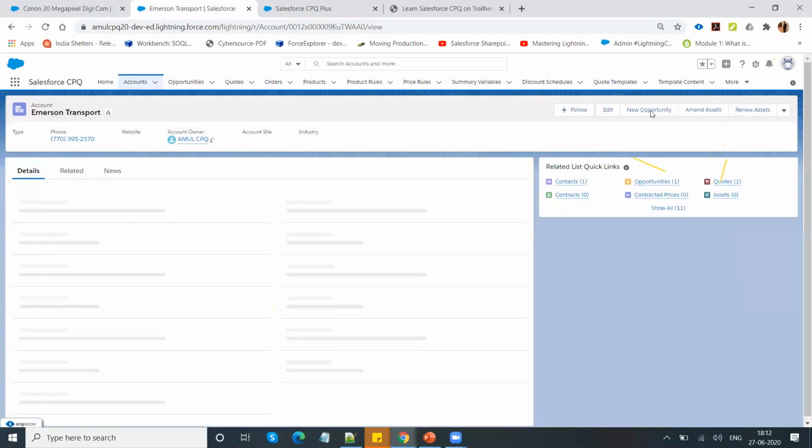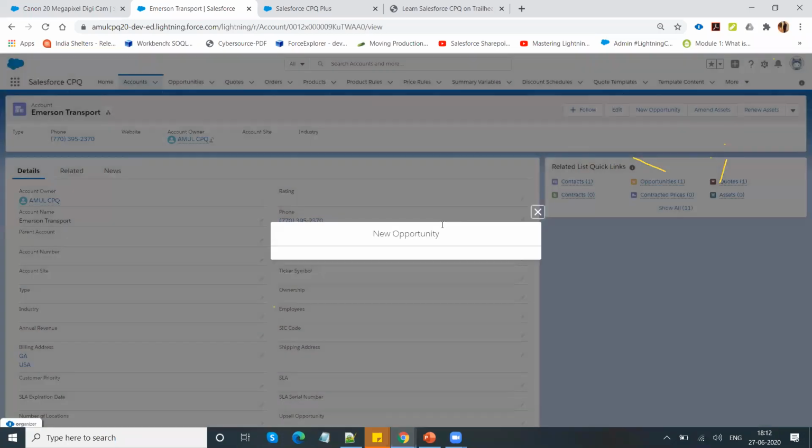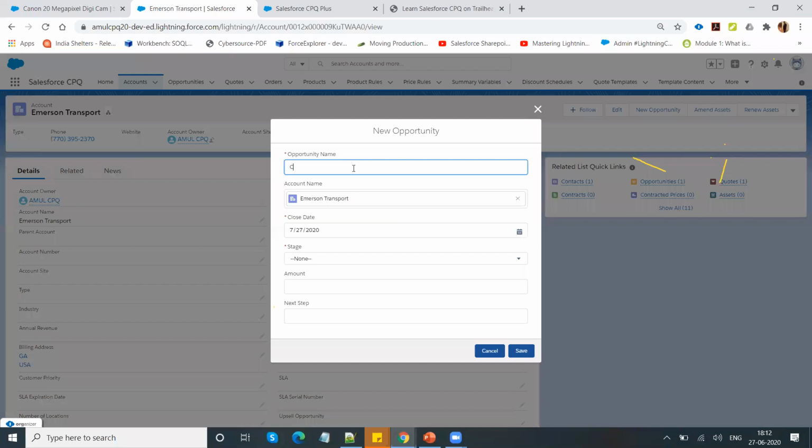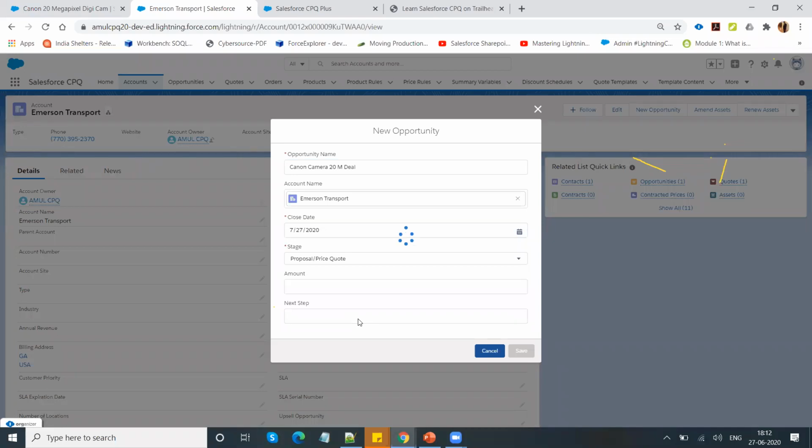What I will do is first create one opportunity called Canon camera 20 megapixel deal. I would like to give the quotation. Click on save.